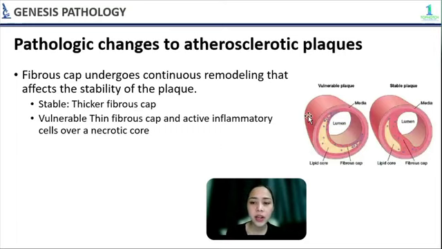So also, the plaques also undergo remodeling. The fibrous cap undergoes remodeling that can stabilize or can render this plaque more susceptible to rupture. Again, collagen is the major component of this cap and it accounts for mechanical stability. So those plaques with thick caps, they are called stable plaques. They are not prone to rupture as compared to your vulnerable plaques with thinner fibrous caps and more prominent lipid core. Okay.